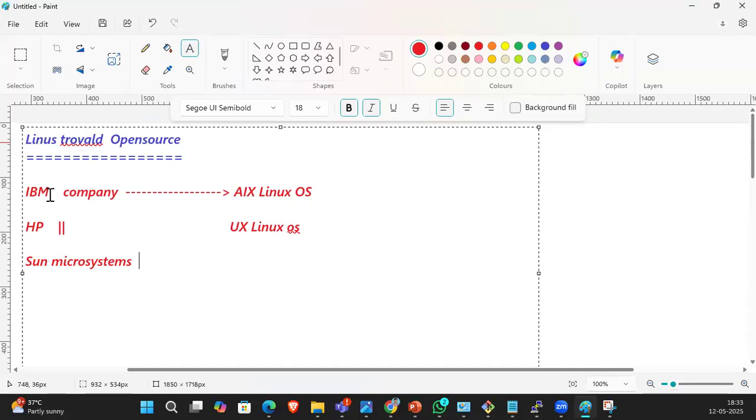Sun Microsystems took that source code and created their own OS called Solaris.